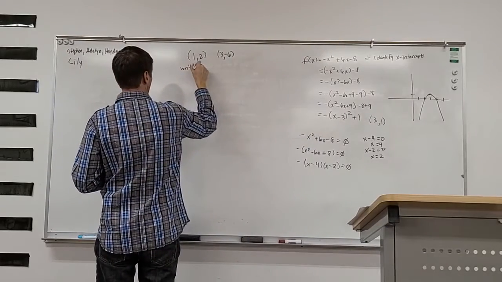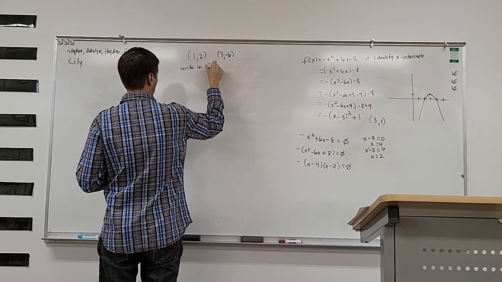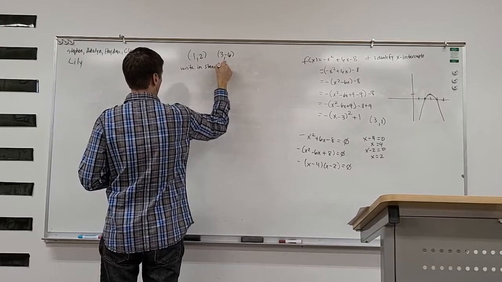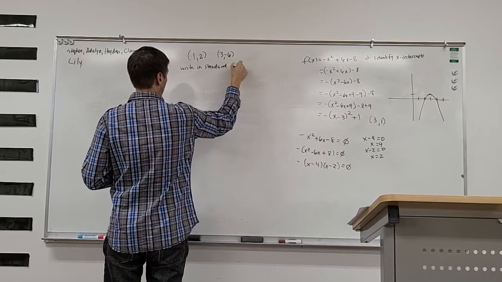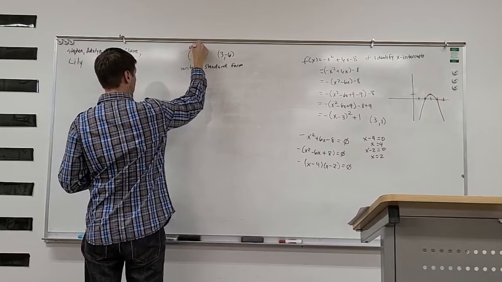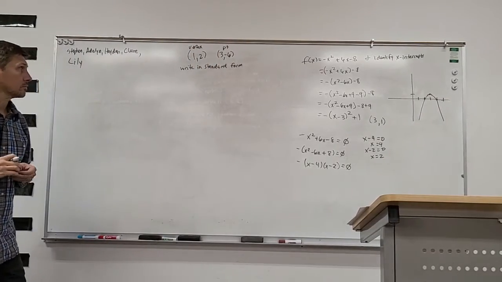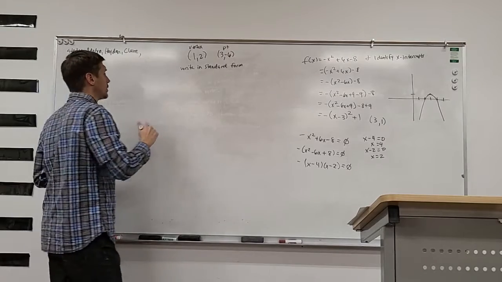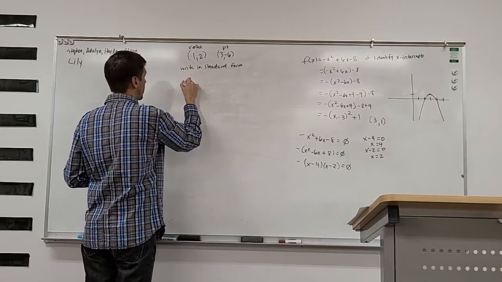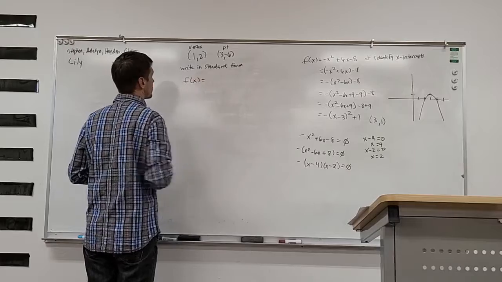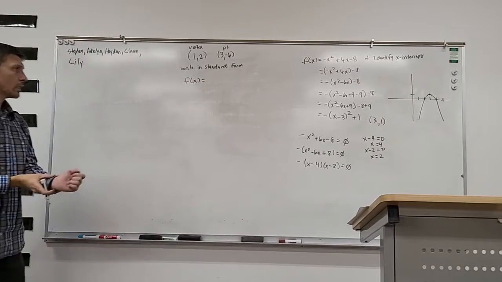Write in standard form. So they tell us this is the vertex, and this is just a point on the graph, right? And so standard form would be